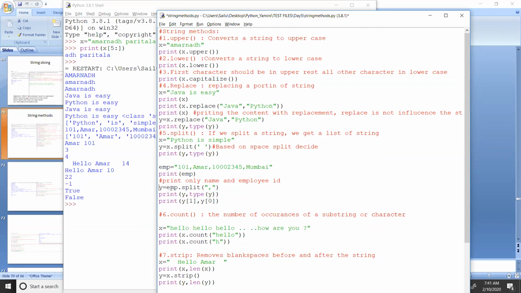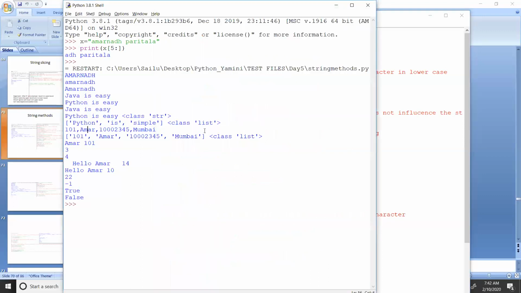So what I did here is emp.split. What is the separator from one piece of information to the other? A comma. So I gave a comma. It doesn't mean you can only use a comma or a space; you can use any special character or any character which is a separator. You can mention here maybe an asterisk or maybe an at the rate. Whatever is applicable, you give that one, which separates one value from another. Are you getting it? So once you use the separator, you can see the data like this: